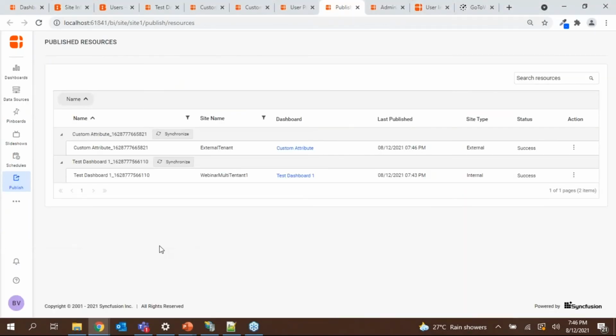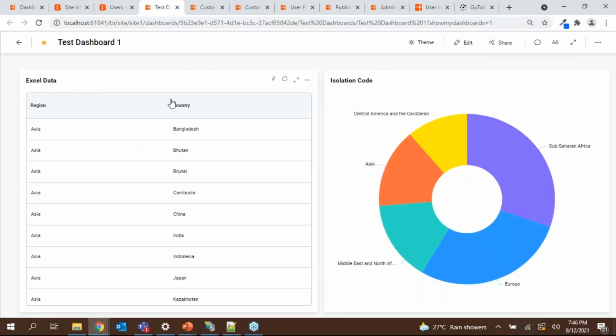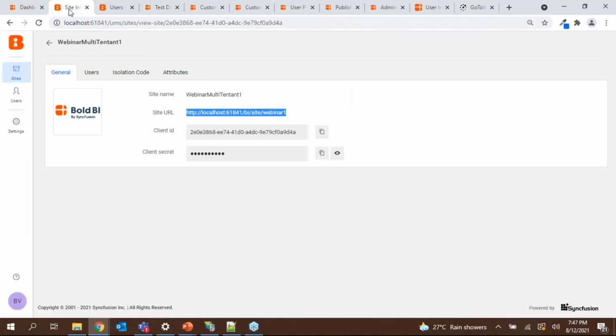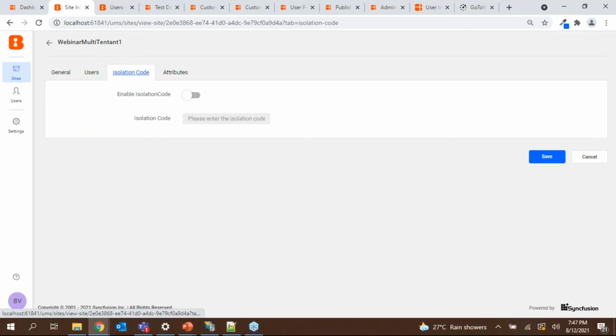And now let's see how to make use of the isolation code and the custom attributes. So first let's see isolation code. You can see here I have a dashboard which comprises more than 5 regions of data. When I'm publishing this dashboard to some other tenants, they must visualize only the data related to Asia and Europe. In that case, you can apply row level security for a tenant to apply on all the dashboards. To make that option, select the tenant wherever you want to make the changes and go to the option called isolation code. So enable the isolation code option.